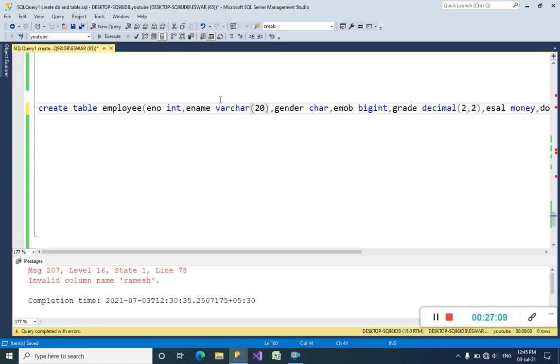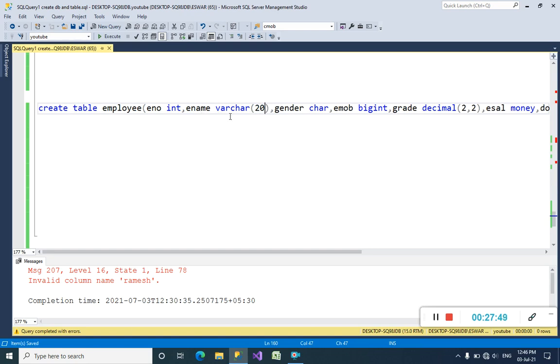I have declared varchar here with a size. If you declare varchar as a data type without specifying the size, then by default it will take only one character. You cannot insert more than one character. I will show you this later.